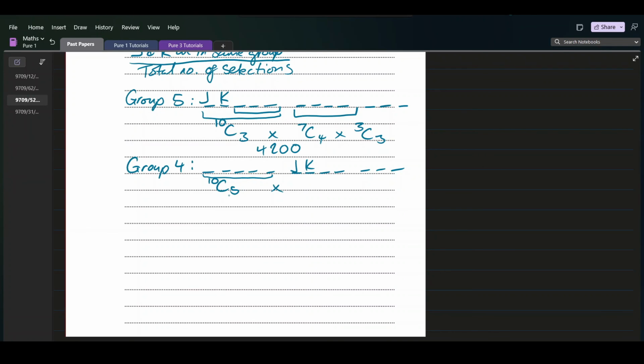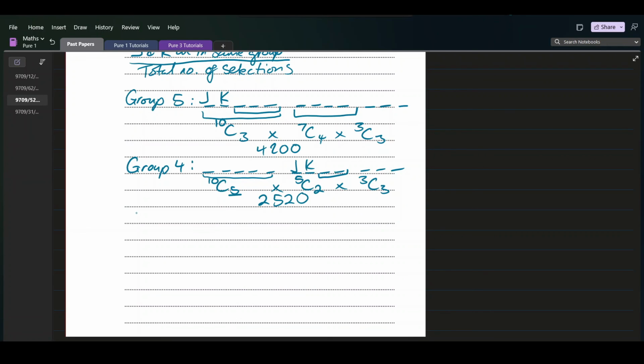Then since 5 people have been selected and J and Kaz have also been selected, only 5 people remain from the 12. So that's 5 choose 2, since we have 2 slots available, and now 3 people remain for 3 slots. So let's punch that into the calculator. That's 10 choose 5 times 5 choose 2 times 3 choose 3, which gives us